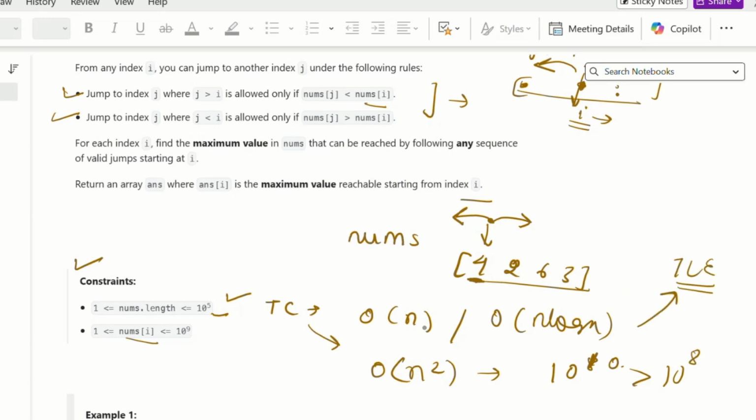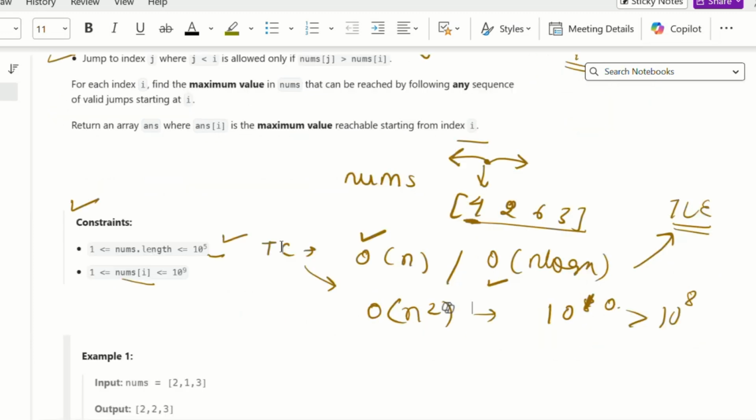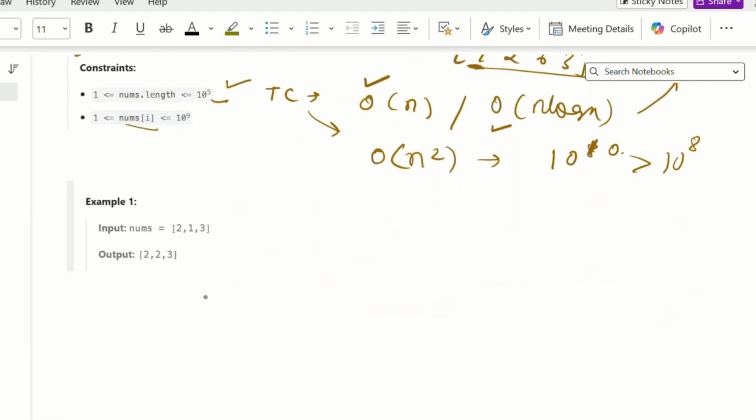So we need to find a solution with time complexity O(n) or O(n log n). We will try to understand more with the help of the first example, which is 2, 1, 3. If we look at this 2, there is no value on the left, and on the right we can only move to an index having a lesser value.